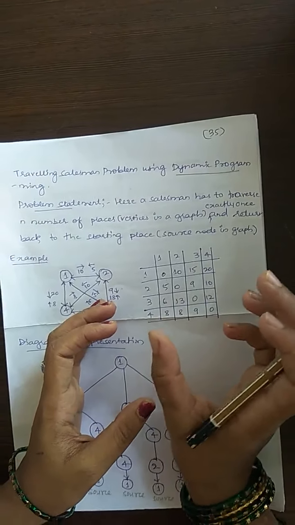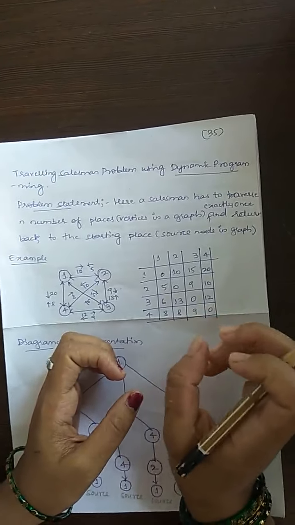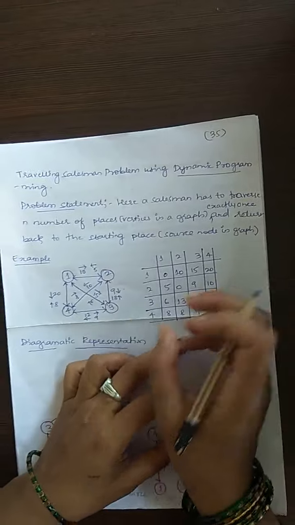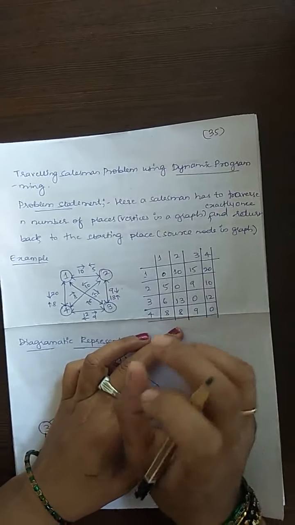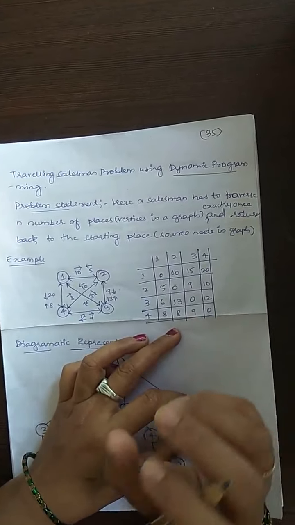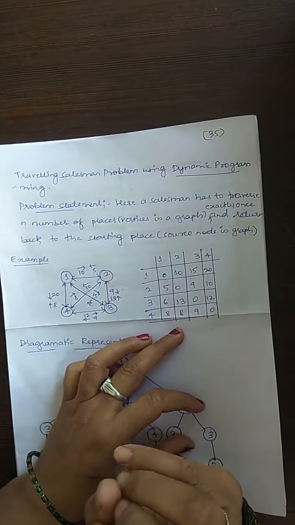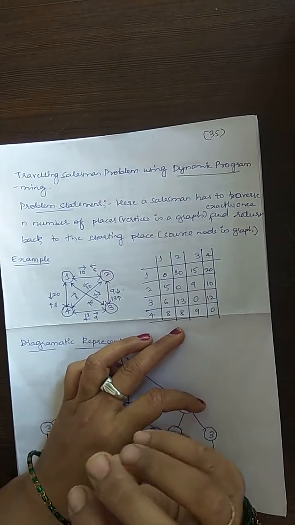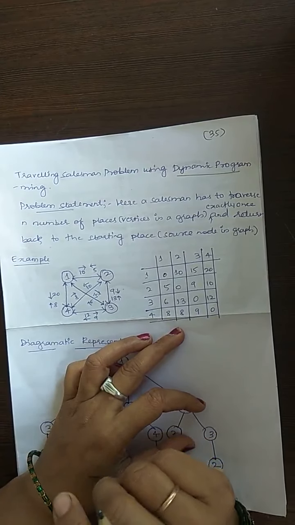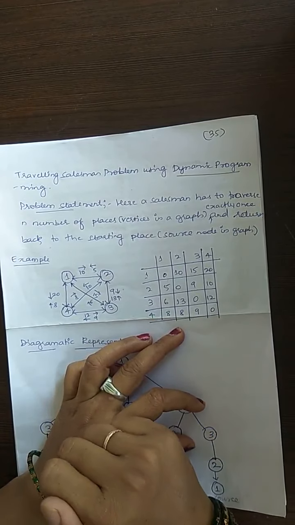So this is again a graph problem. Whatever cities we have, we consider them as the vertices, and the edges are the routes taken for traveling from one city to another. We have to find the minimum cost of the route from the source through all the vertices, visiting them once and coming back to the source again. No node should be visited twice. That is the problem statement.